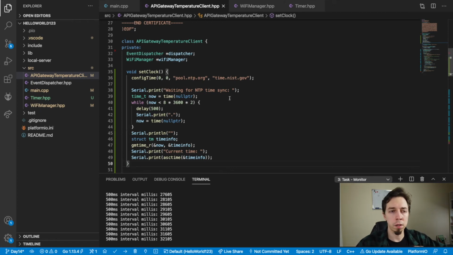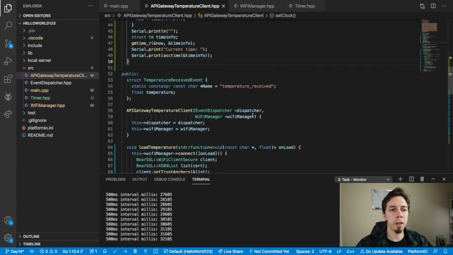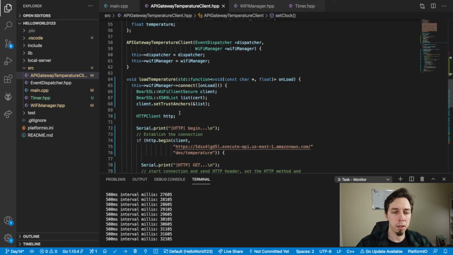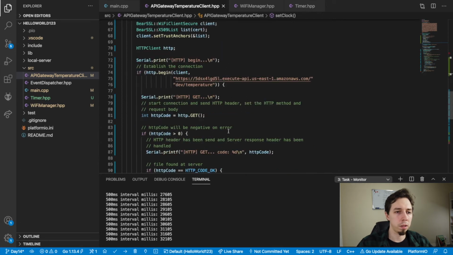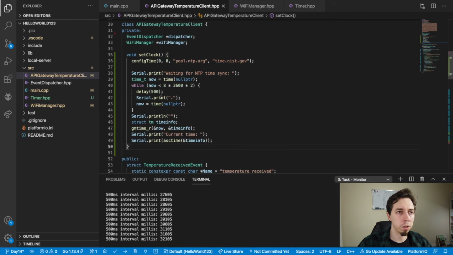Maybe header is fine, maybe even the method is fine, but it should be done in a way where you just say, yeah, this is the method, I pass it as an argument, but not that it uses some HTTP client class like here and does all this stuff in there. But yeah, that's gonna be in a couple of minutes, because I need to deal with the set clock now,